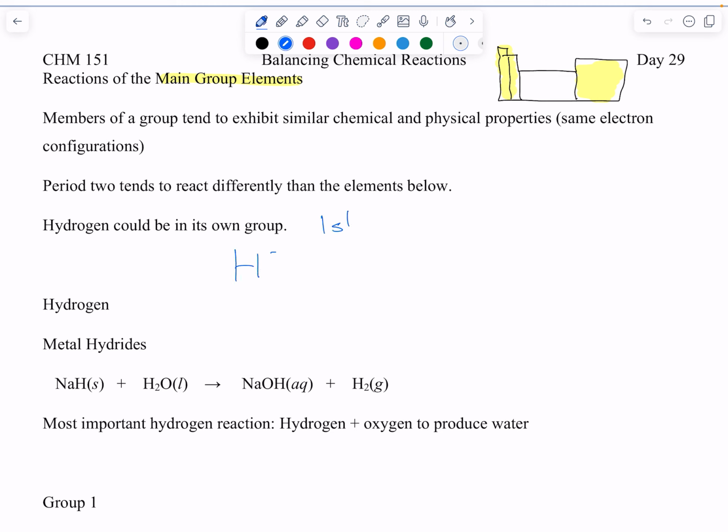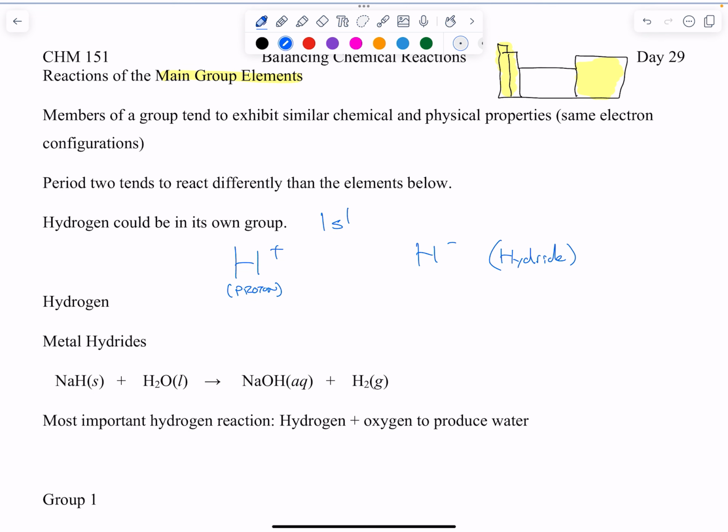So you get a lot of H+, which is just a proton. Right? Proton. And then you can also get H-, which is hydride. And there are a lot of hydride reactions that are very important. A lot of metal hydrides, sodium hydride with water going to sodium hydroxide and H2, and that's actually a pretty violent reaction. The most important reaction for hydrogen, of course, is 2H2 gas plus O2 gas going to 2H2O